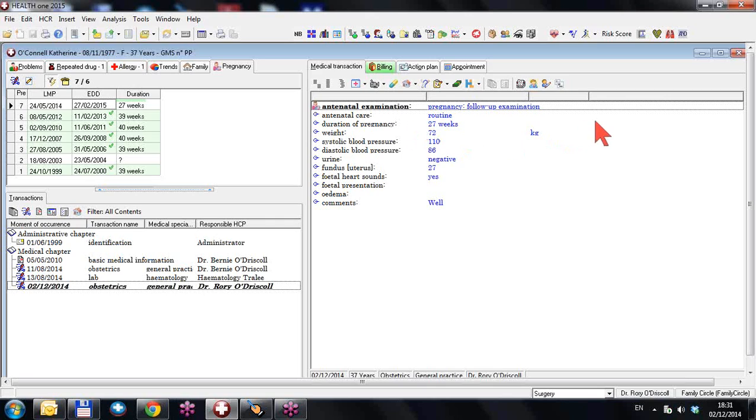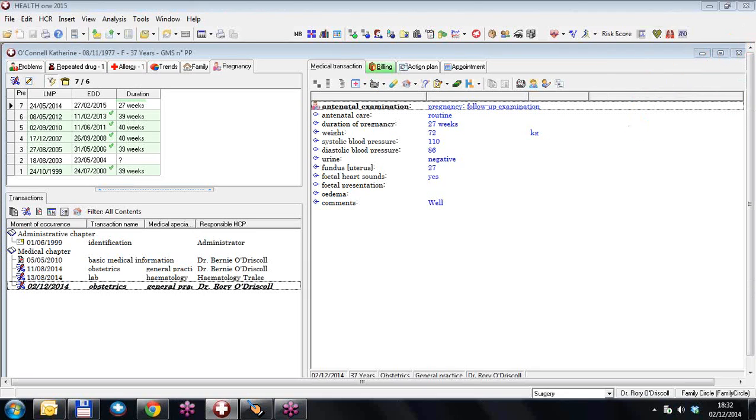It does it automatically. And that is an overview of the pregnancy icon and the pregnancy functionality in HealthOne version 7.5. We will go into it in more detail in other